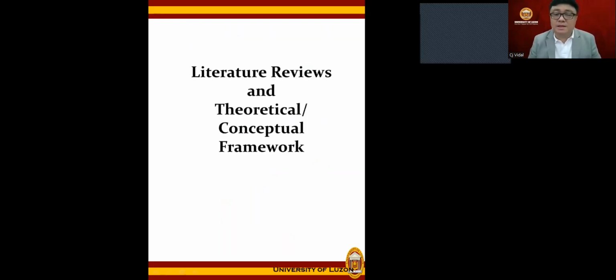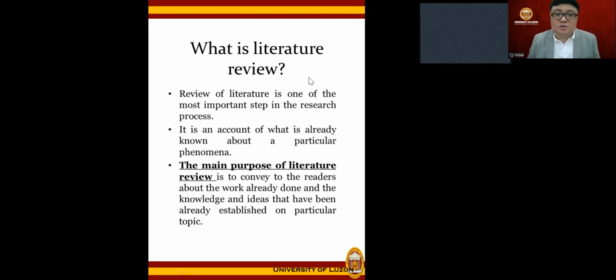Actually, we have initialized on having to draw the line between literature reviews, as well as theoretical and conceptual framework, as requirements in the writing of the report. So with that, let's deepen our understanding on review of related literature, beginning with the definition or meaning as provided by experts in the field. Okay, so the review of related literature, as pointed out in this slide, is one of